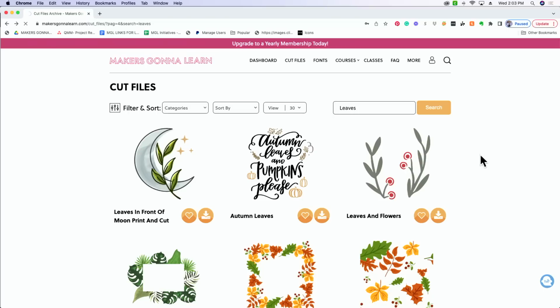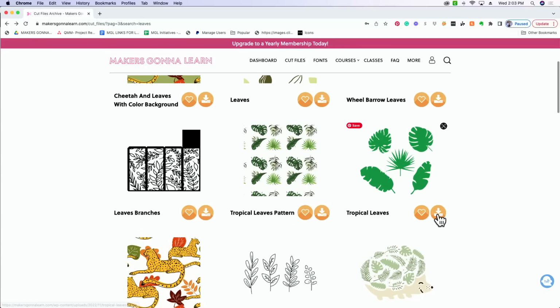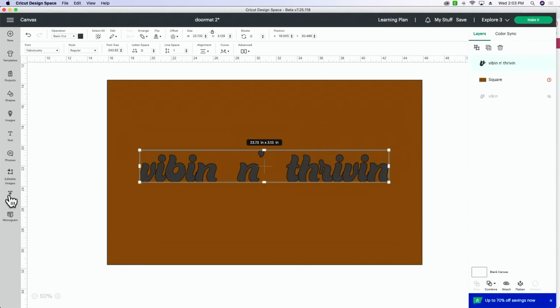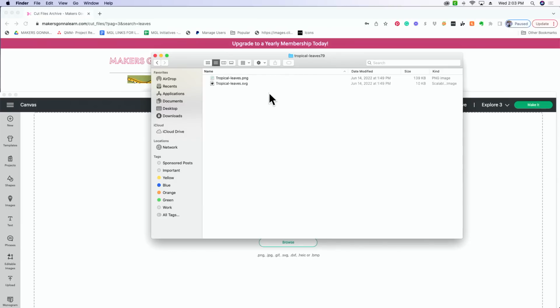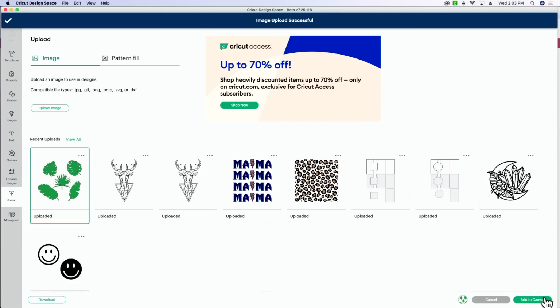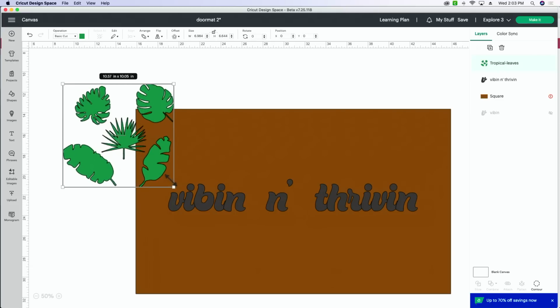So let's go back to page 3, and we're going to download these tropical leaves. Same as with a font, we're going to open up that zip file and make sure it unzips. It does have the PNG and the SVG. We're going to come back over to Cricut Design Space and hit upload. We're going to upload the image. I'm going to pull that down, take that SVG, drag and drop it here, and then pull Cricut back up, upload that, and done. You are ready to go. Amazing. So now that we have this,